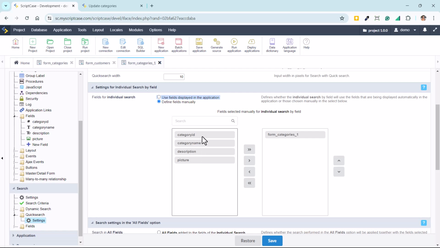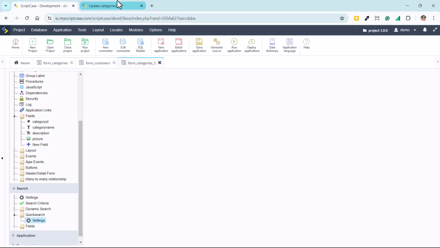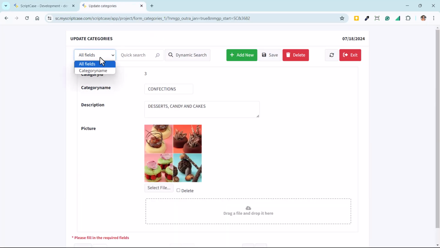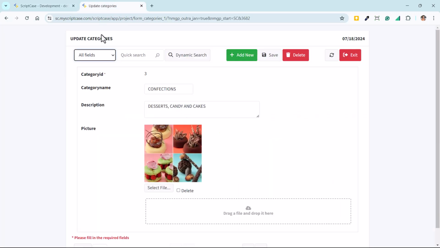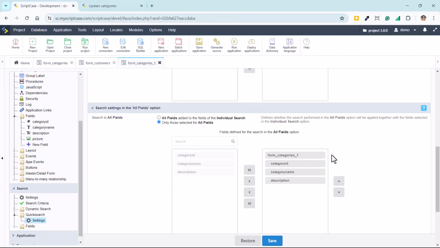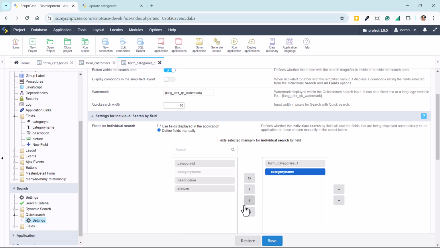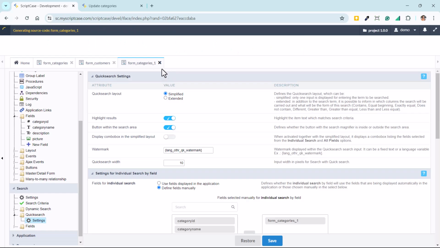So if I define manually, for example, only one field here, we are going to have the option all fields and the only individual field category name. Okay, so we can set the application to search by all fields according to the fields we select here, or only by category name. If I remove all fields from individual option, so it's empty here, I will have only the option all fields.